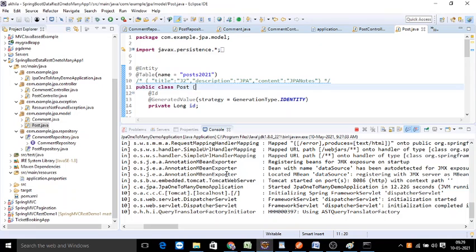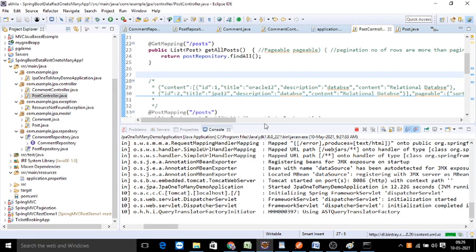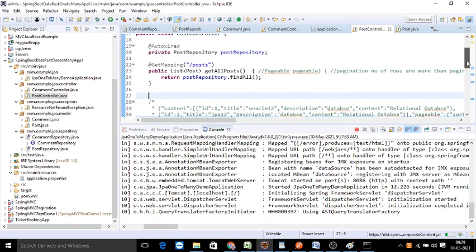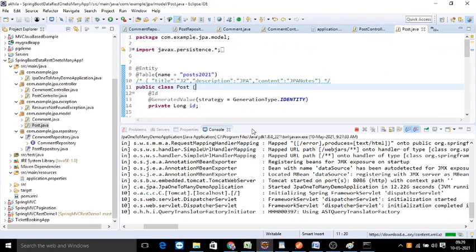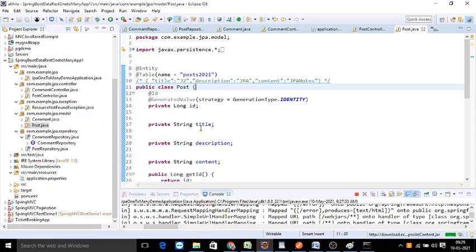Let's say I wanted to perform adding a post. To add a post we have a post request. So in the post request, simply you are making use of the post repository and save. Here is the request body and post. @Valid will look for the data type. Suppose you have a post element, for this we can have certain validations, @NotNull, @NotNull. We can add like this.